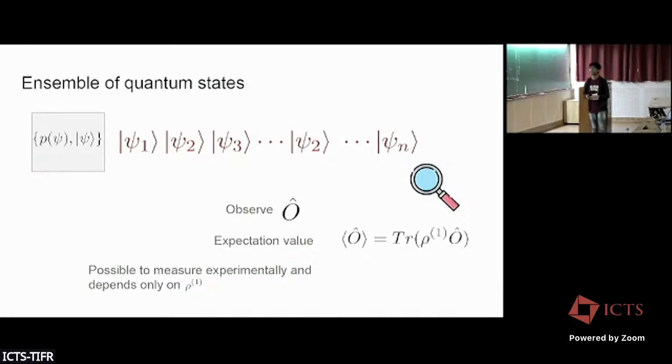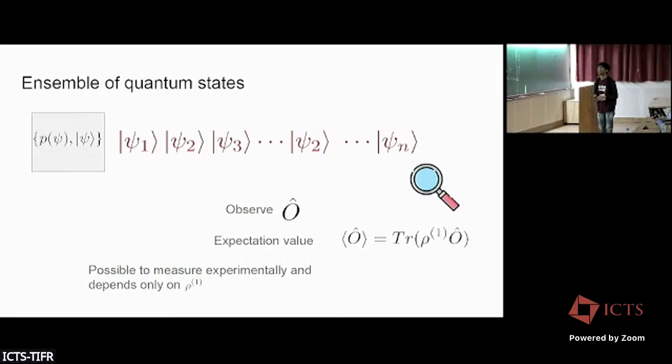Once you have these pure states, you can calculate any observable in your lab. You can do a projective measurement on it using any observable. You will get an eigenstate of that observable after each projective measurement. Finally, you can take the mean value of all those outcomes and you'll get the expectation value of that particular operator. So that is simply the conventional density matrix. Here, rho just means the density matrix.